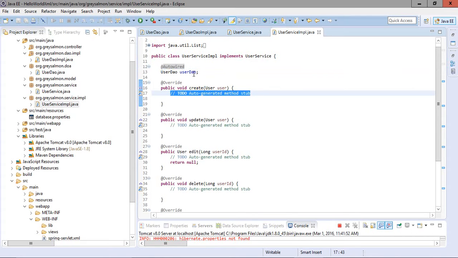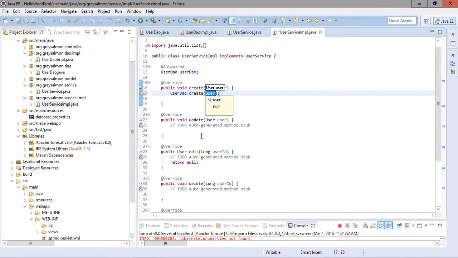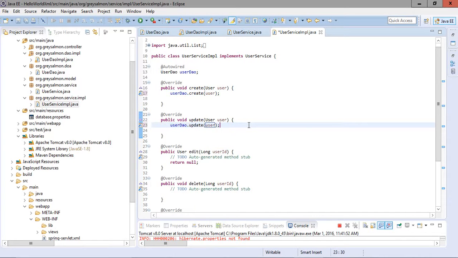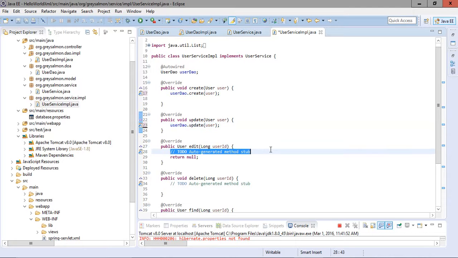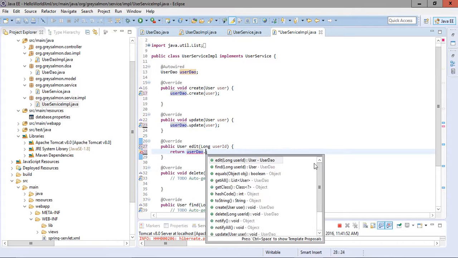Now user DO, copy this. Now user DO dot, simply call the create method of the user DO. Now for update, call the update method of user DO. Now for edit, you have to return the object, so call the edit method of user DO.